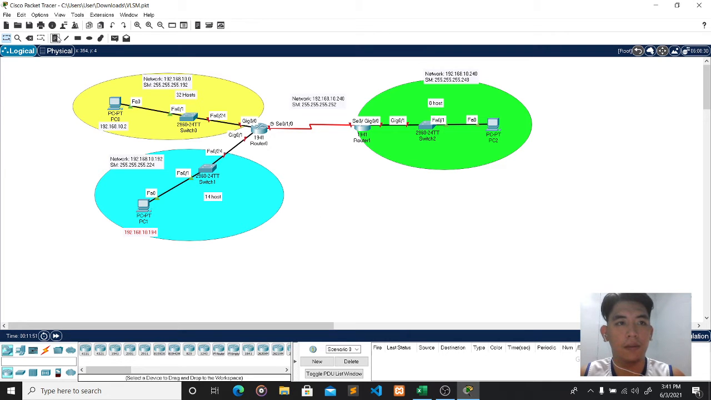194, then sa PC2, 192.168.10.240, 241 and 242. So PC2 is 242, and from the gigabit, so from the router 0